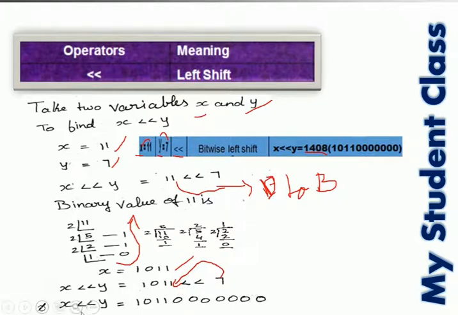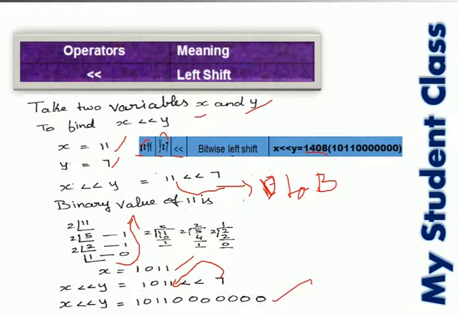That will be our x << y, our left shift value. So x << y will be 1011 followed by 0000000. So this is our value.